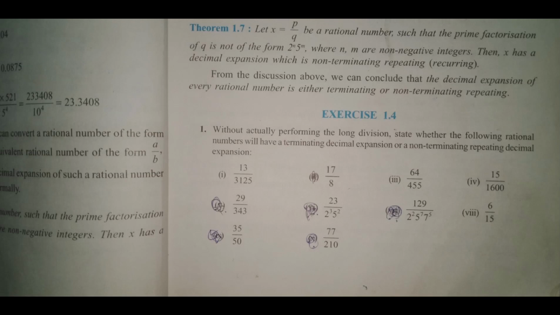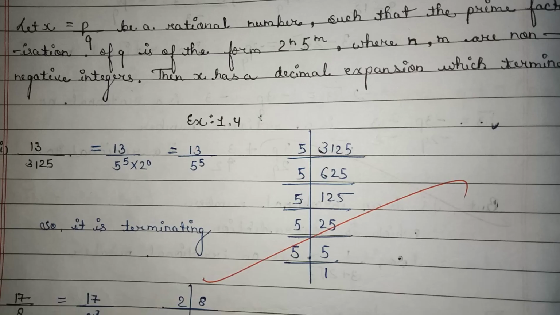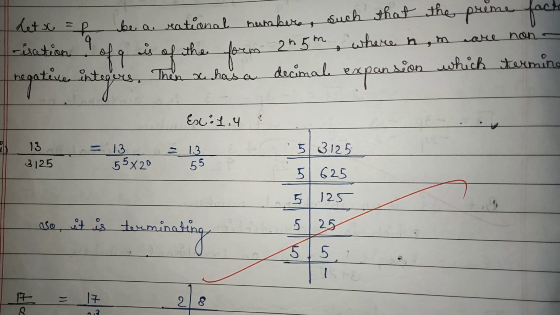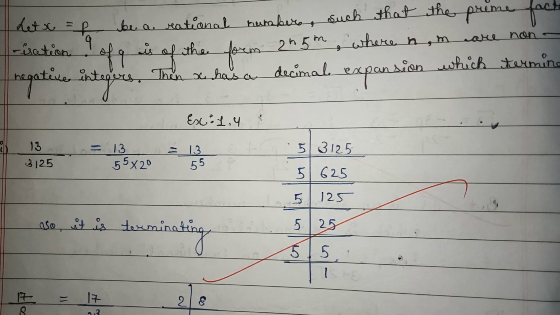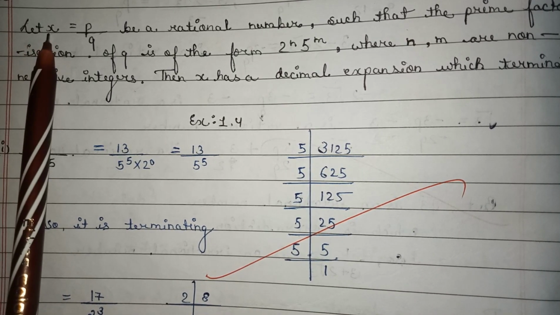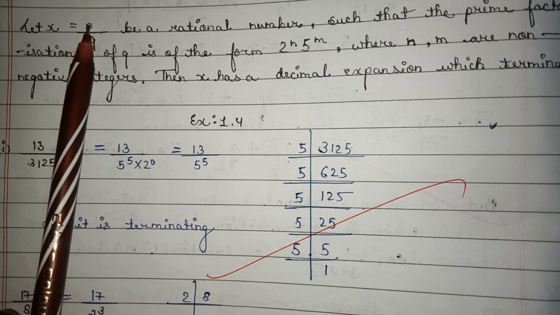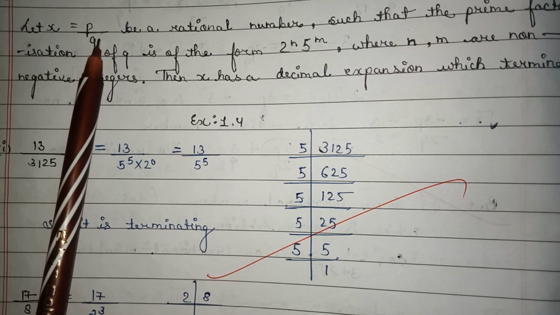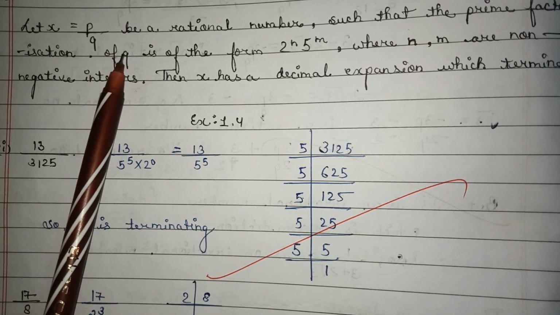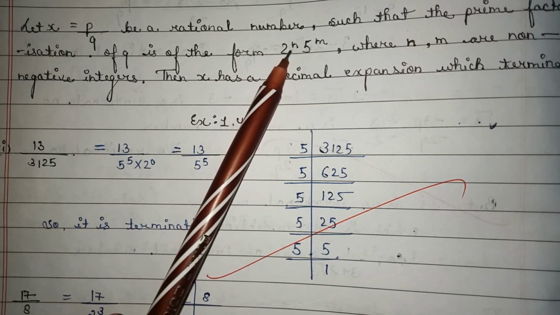Exercise 1.4, question number 1. In this question, we have to find whether each rational number has a terminating decimal expansion or a non-terminating one. All these questions are based on a single theorem, which says that if any rational number x can be expressed in the form of p upon q, and this q can be expressed in this form,